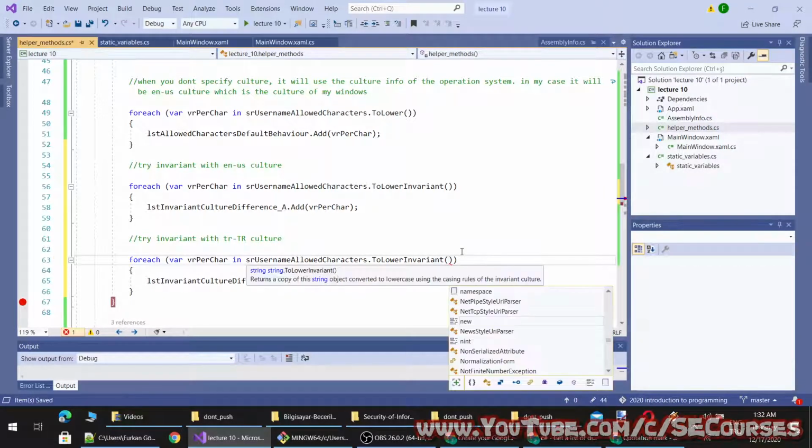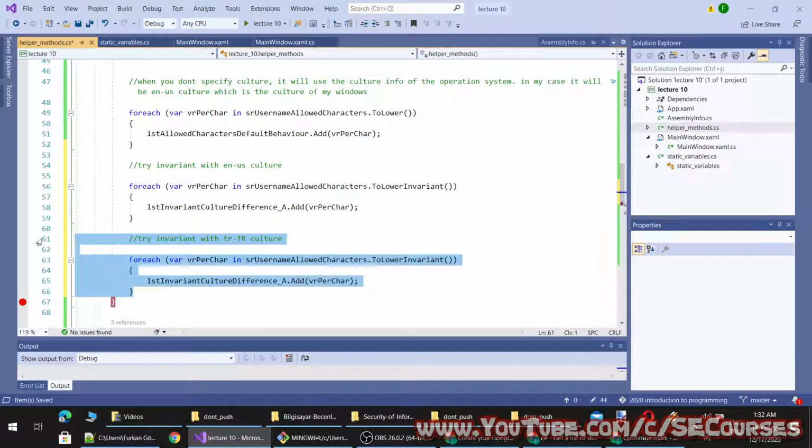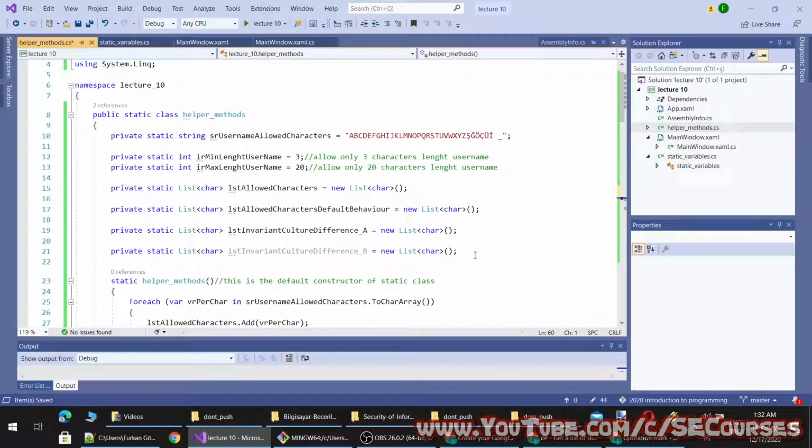By the way, the invariant culture doesn't take cultures as expected.